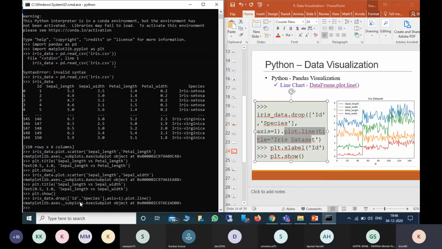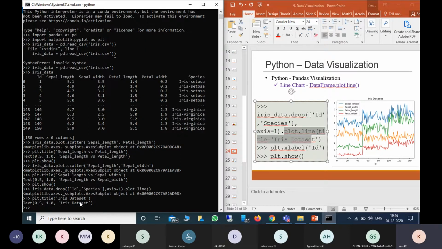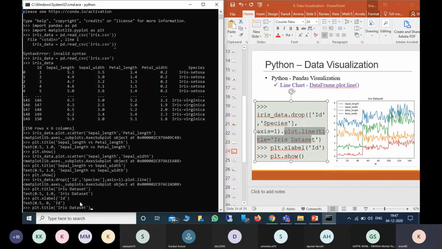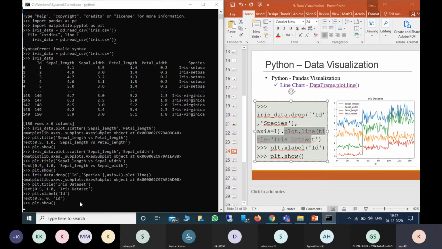So for that I use plt dot title, iris dataset, and I'm also giving an x label, printing versus ID, with plot dot xlabel. I will show it. Now the plot looks like this.